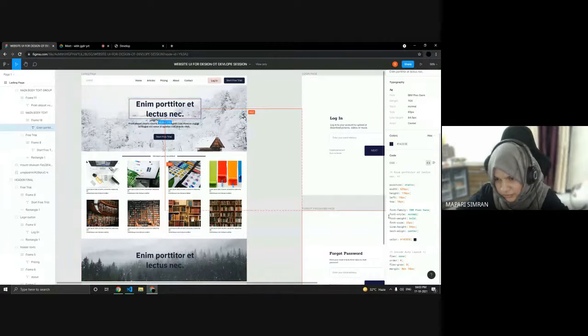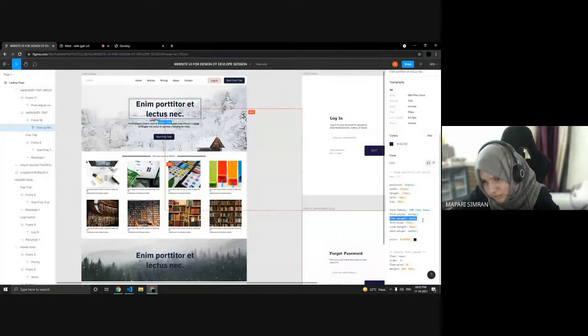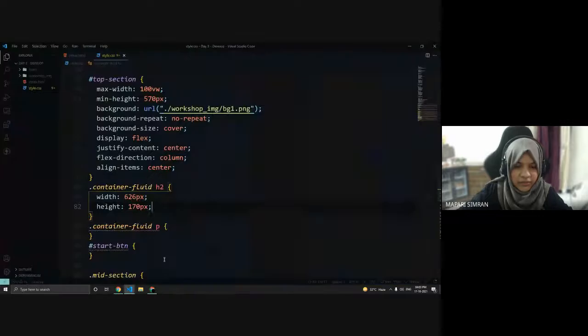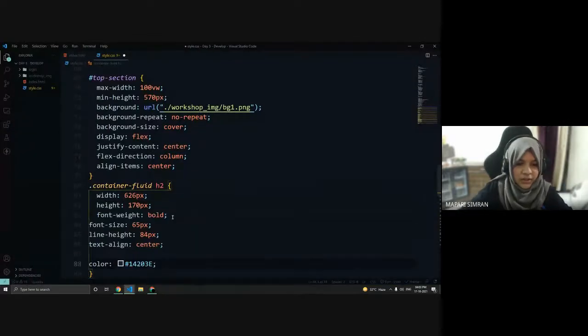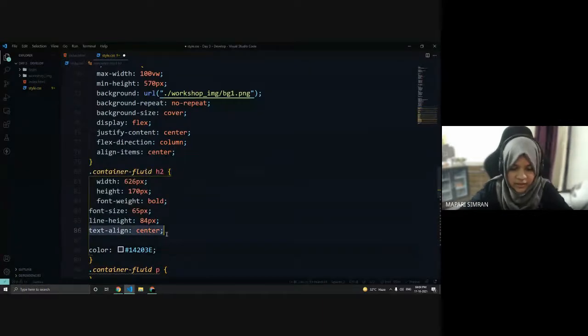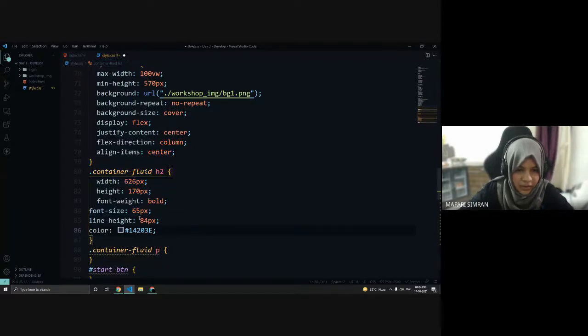And now let's copy this font weight, font size, line height. We have already aligned it at center, so no need for text align center. We'll take font weight, font size, line height. Color also we have to give, so let's just copy it, and we have given text align as center in our top section only, so no need for that, and everything is done.